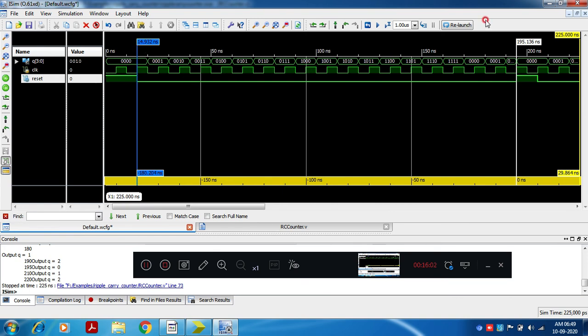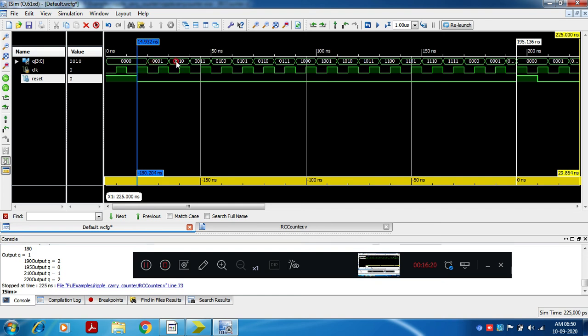From 15 till 195, so total 180 time units reset will remain 0, during which counting begins on every negative edge of the clock. Negative edge means 1 to 0 transition. On the negative edge of the clock, value changes to 1.